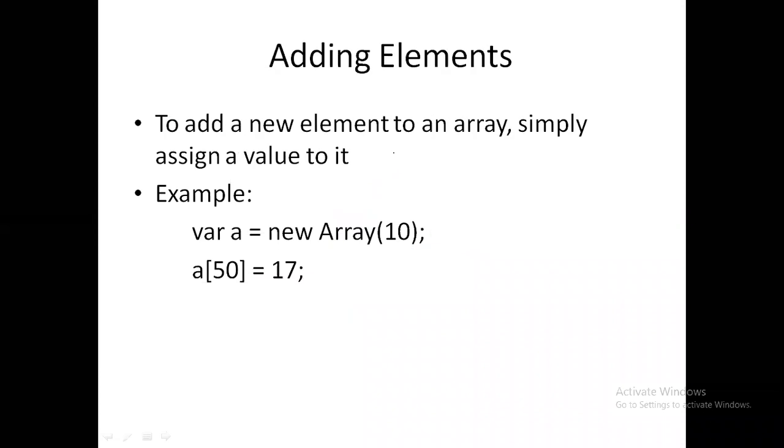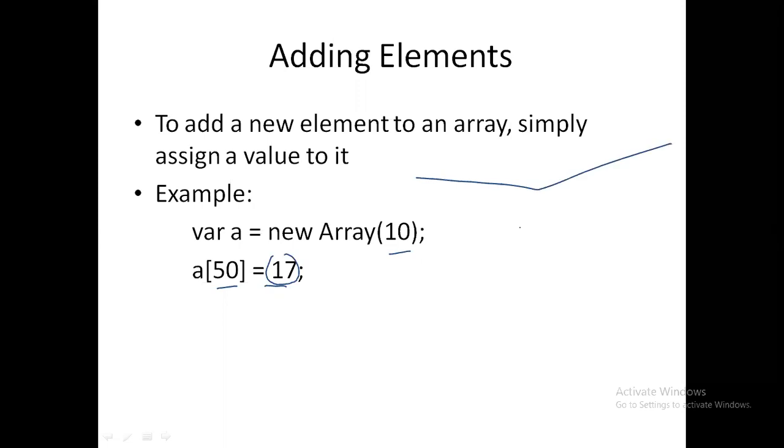Now, how are you going to add a new element in the array? That means I already have some elements, and now I want to add a new one. So I'll be saying, at location 50, add 17. We have something called A, which is of size 10. So at location 50, you can add the 17. So in the 50th location, the 17 will be added. How will it be? For example, if I say an array, I'm able to draw it over here.